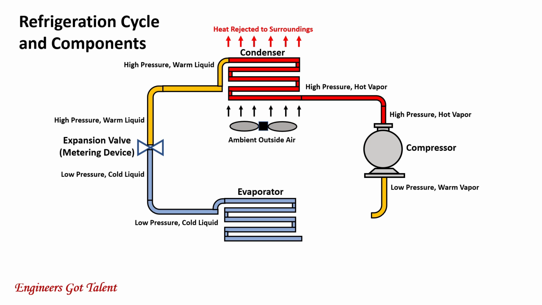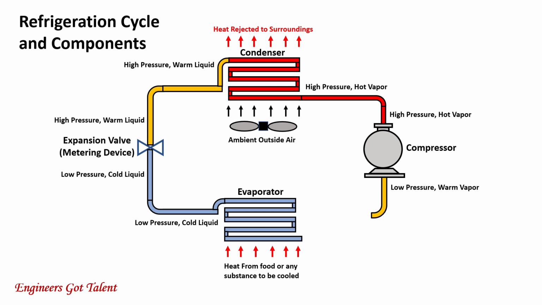It is the cold liquid low pressure refrigerant that picks up the heat. The refrigerant absorbs the heat from any substance and lowers the temperature of that substance. When the refrigerant starts to absorb or picks up that heat, the refrigerant boils immediately because it has low boiling point. The refrigerant boils and will evaporate from liquid to vapor because the boiling point of the refrigerant is very low. For example,